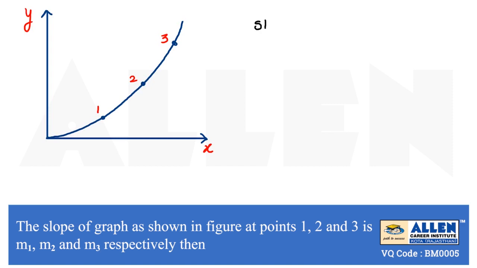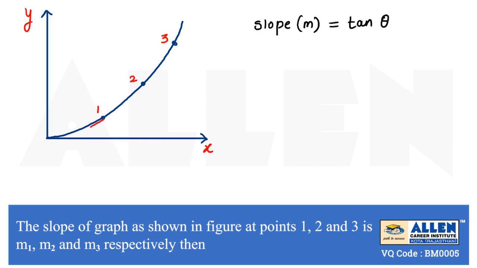First of all, we have to judge slope represented by m is given as tan theta, where theta is the angle with x-axis, or we can say angle with parallel to x-axis. So first we have to see the angle at those points 1, 2 and 3. So with the help of figure, we will plot the angles at their points only. So for that angle, we will draw tangent at those points.